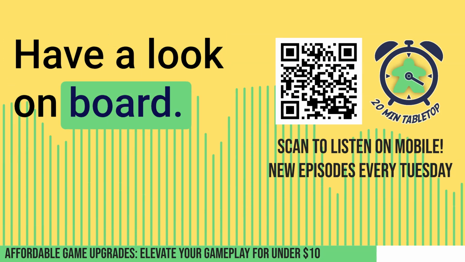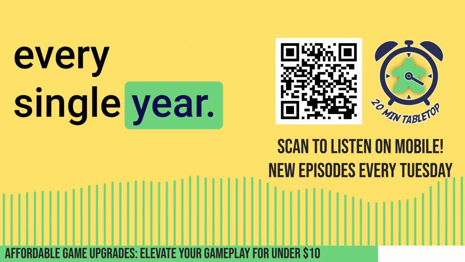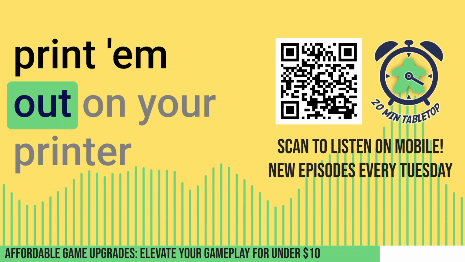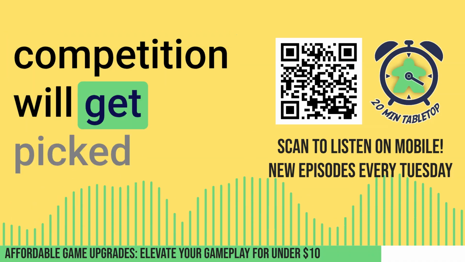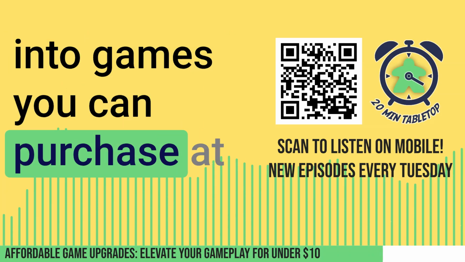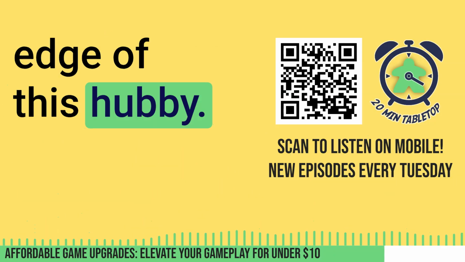Have a look on Board Game Geek for the print and play. They run a competition every single year. You can download games that are absolutely brilliant, print them out on your printer, and these games, quite often, the winners of the competition will get picked up by publishers and made into games you can purchase at the game store. So you can get ahead of the trend, keep on the bleeding edge of this hobby,